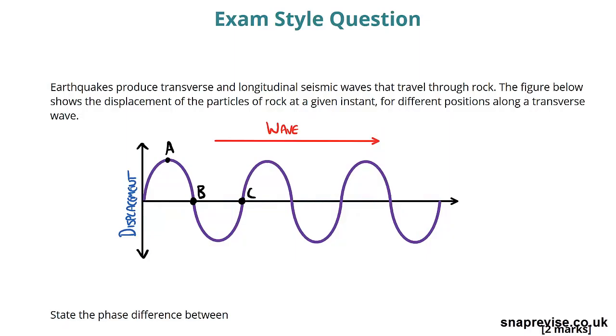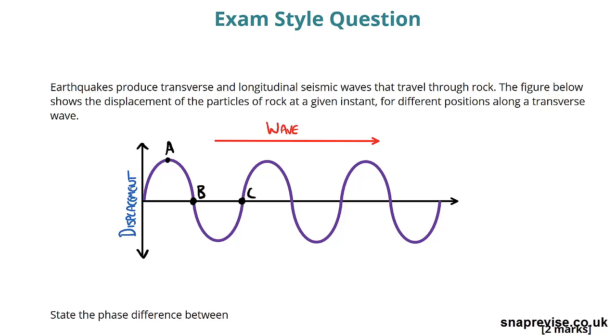So in this exam style question, we're going to look at earthquakes. Earthquakes produce transverse and longitudinal seismic waves that travel through rock. Remember we talked about how you get two different waves produced by an earthquake with different names, which we'll get to. The figure below shows the displacement of the particles of rock at a given instant for different positions along